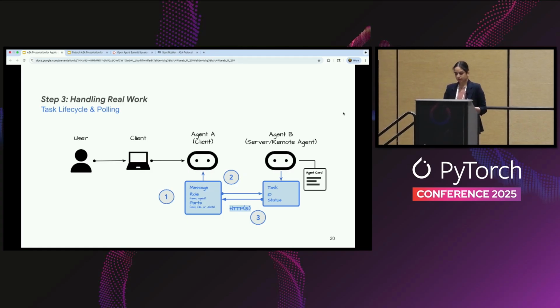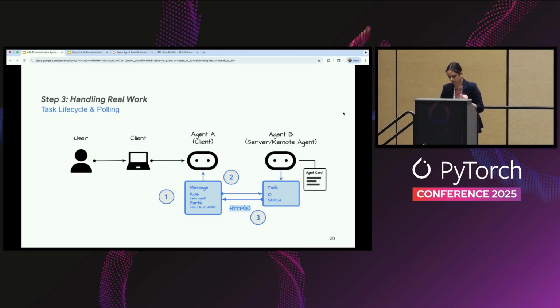So as soon as agent A's request is received, if agent B realizes it needs more time to process the request, it's going to create a task object. This task object contains a couple of items. The key items would be the task ID and the status, whether the processing is happening or whether the task has been completed.